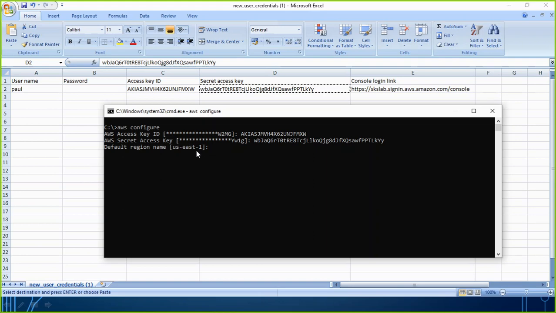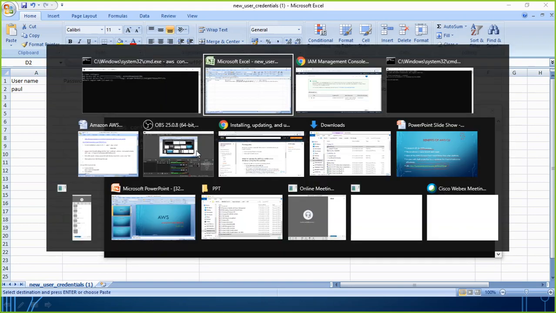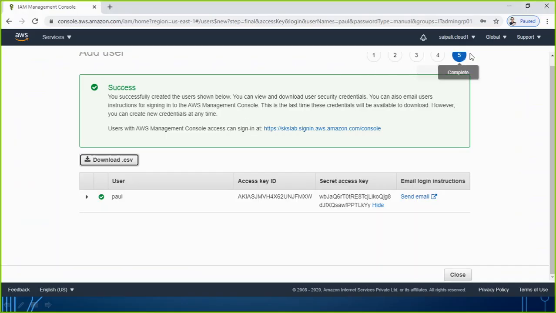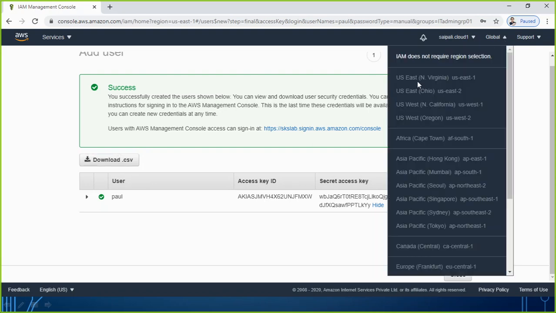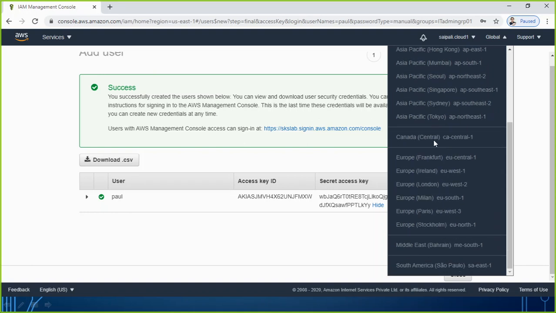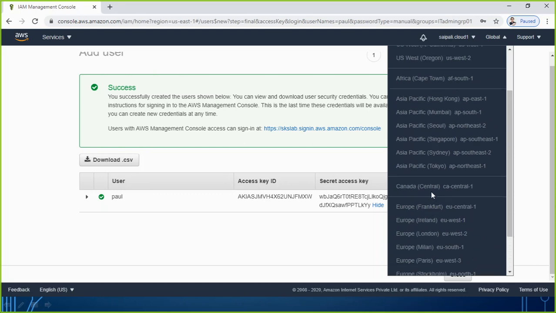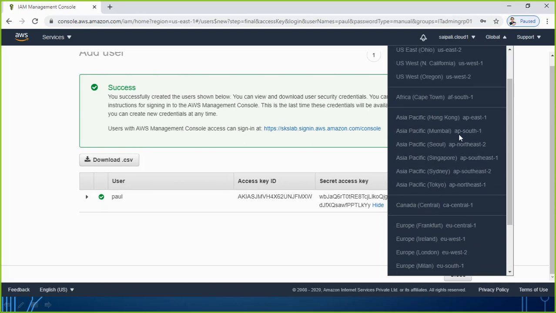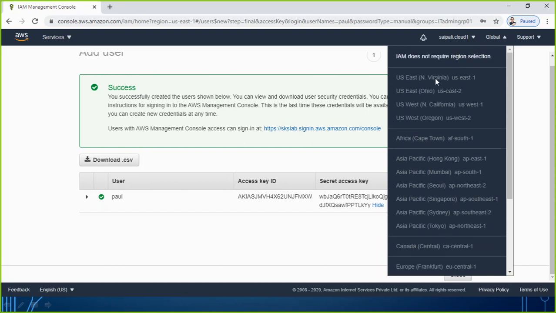If you remember, every time we access the console, we have to make sure of the region. US East 1 is North Virginia, and US East 2 is Ohio. Similarly, if I am in Mumbai, I will be using ap-south-1 as my region. But let me continue with North Virginia itself.